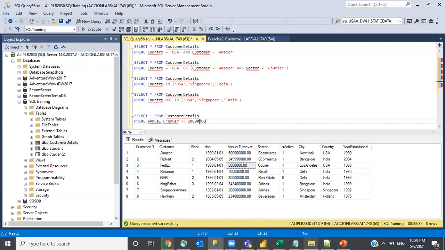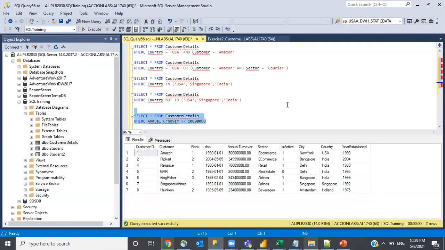So here we have 10 millions. Just go and execute this query now. If you see, there were 8 records previously. Now only 7 records have been returned because, based on this filter condition, there are 7 matching records which have more than 10 millions.